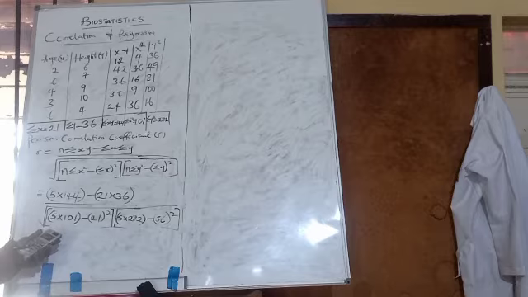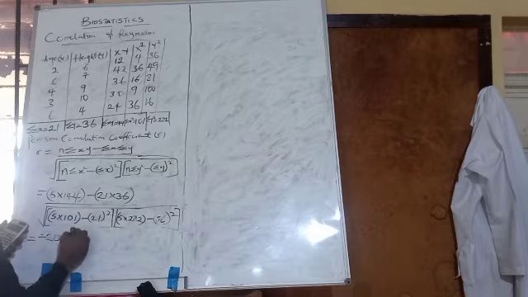Now we proceed further. We simplify this. So 5 times 144 is equal to 720. So we have 720 minus this 21 times 36. So 21 times 36 gives us 7